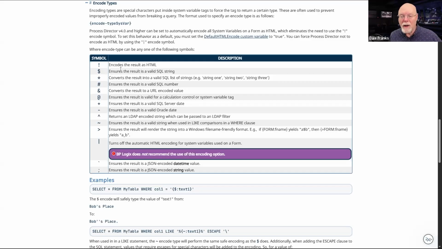We recommend that even on your development system, as tedious as it might be, you require the use of this encoding for any SQL parameters that get passed. I certainly practice that on my system.